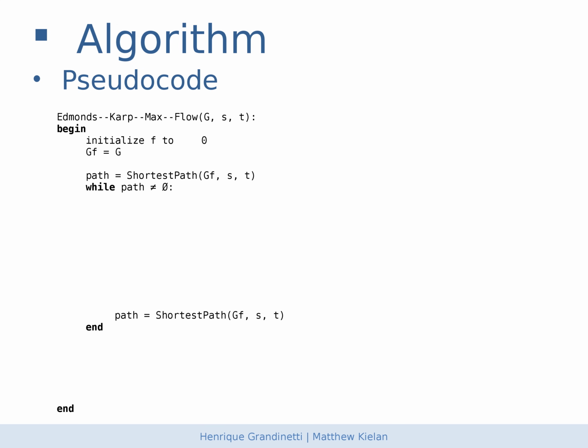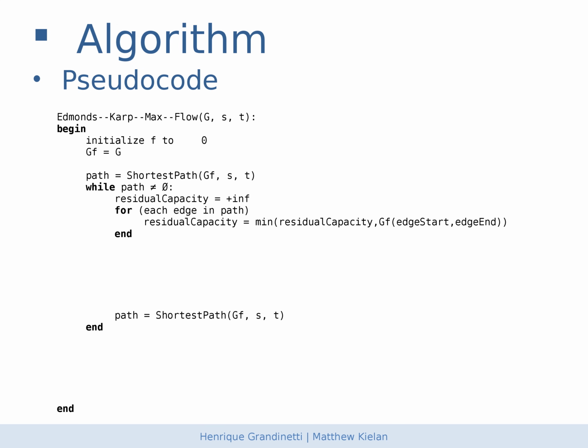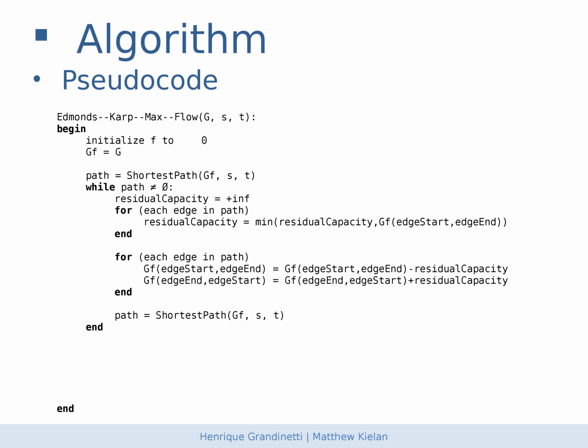In each iteration we find the residual capacity and we augment the flow. The augmentation involves decreasing the weights of all the edges in the path by the residual capacity and incrementing the weights of all the edges pointing in the exact opposite direction along the exact same path, also by the residual capacity. When we can't find any more paths, we achieve the maximum flow, and we return the flow and its